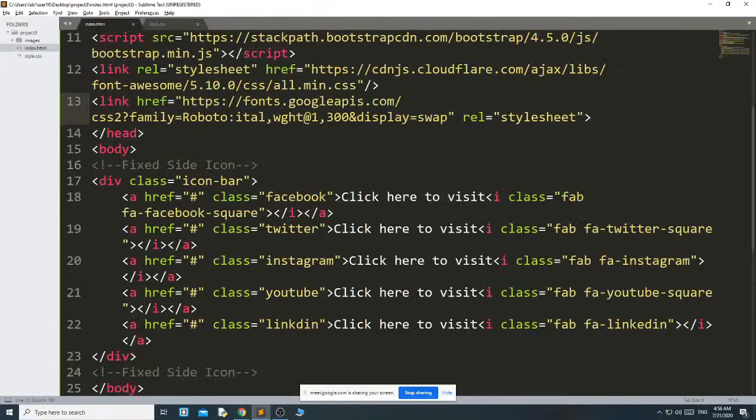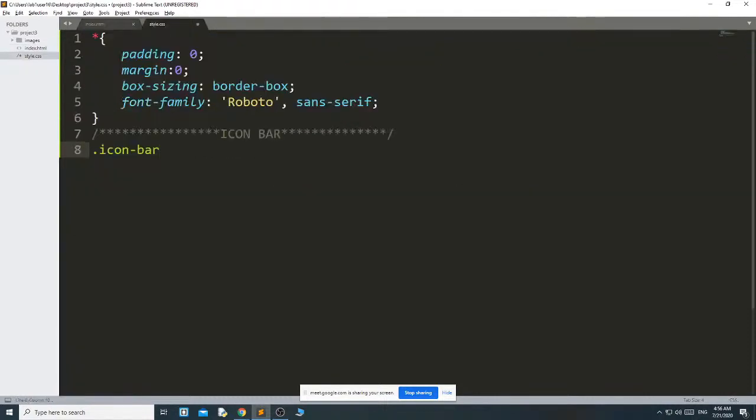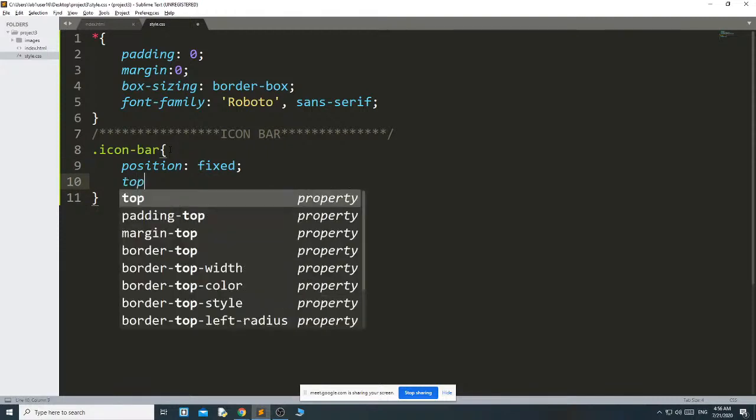Let me see that class. Yes, I have given the div class icon bar. Then first I want to make the position fixed, which means I want it to stay in one position whatever you scroll on your web page. That's why I give position fixed.